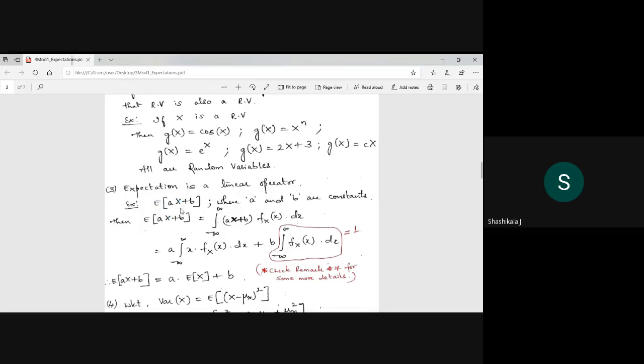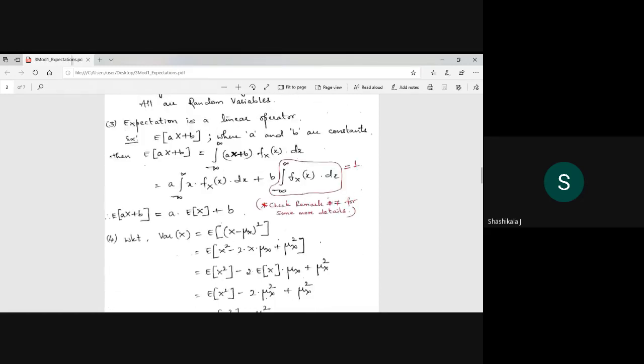Example, E of ax plus b. Expectation for a continuous variable is the integration of x into f of x. Now I can separate this out. When I do this, a is a constant, so I can take it outside of the integration: a times the integral of x f of x dx, plus b times the integral of f of x dx, and this whole value will be 1. Otherwise I can write it as a into expectation of x